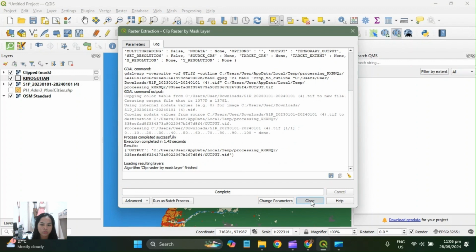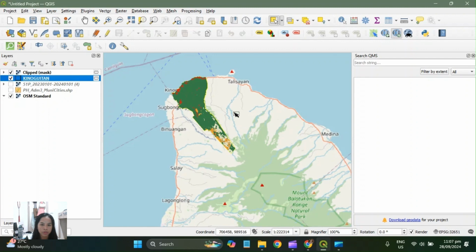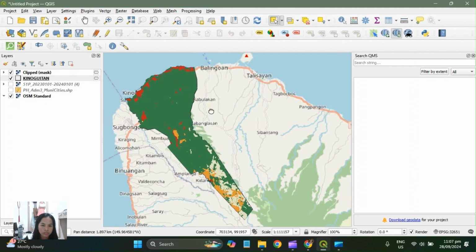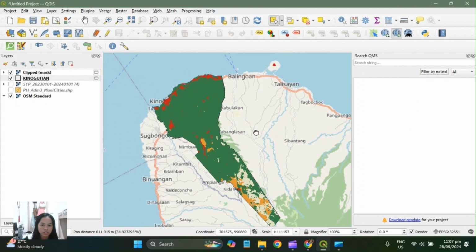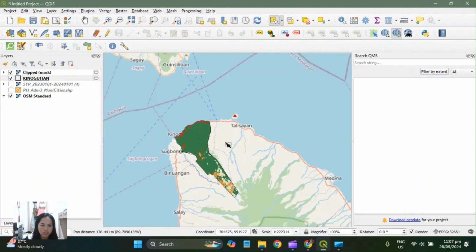After running, we need to close this. So we already have that one. We can now deselect this clip mask. The GeoTIFF file. So we already have here the shapefile of our location of interest, which is Kinugitan.